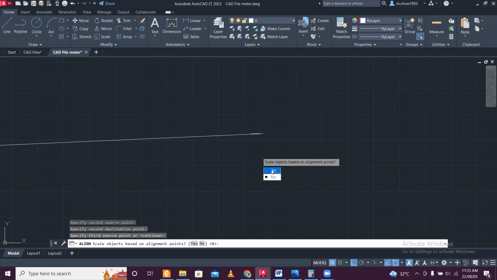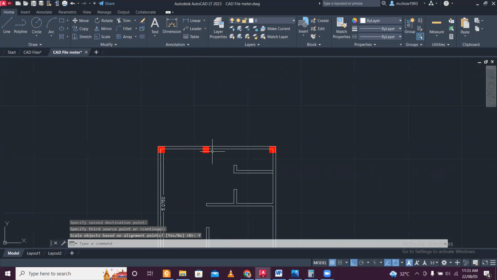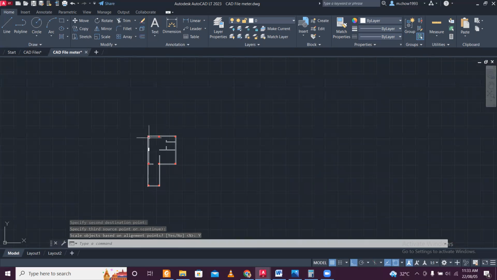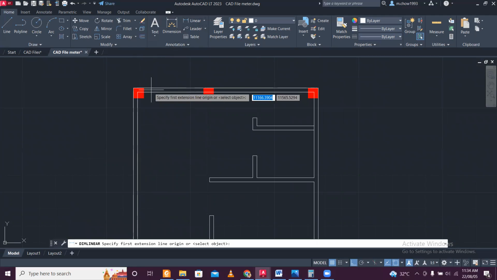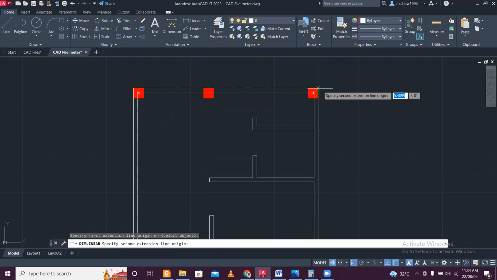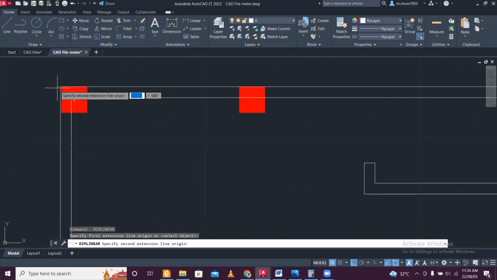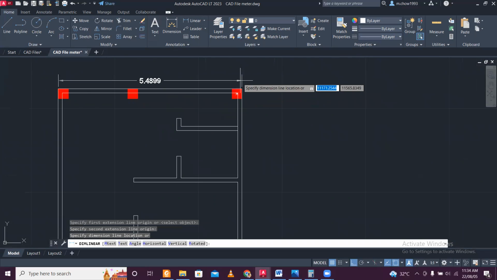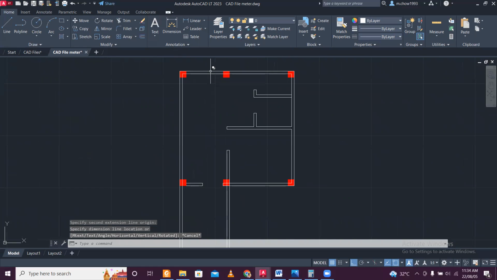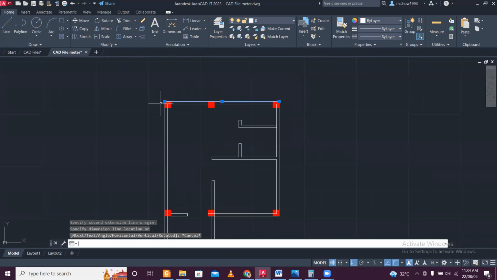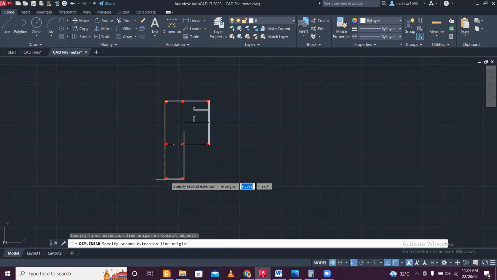scale objects based on alignment point. Yes. So this is scaled according to our alignment points. Now you can just check here, all the dimensions will be converted into 5 point. A little bit of error will be there, but it is almost 5.5. 5.49 it is coming, but this is it in alignment. Little bit will be there, but you'll see